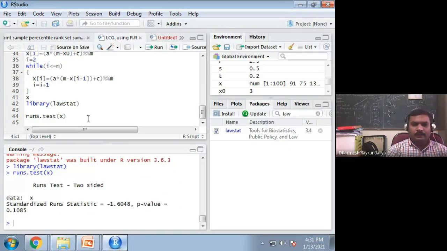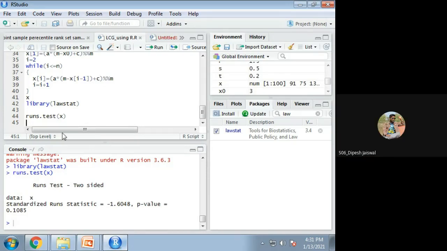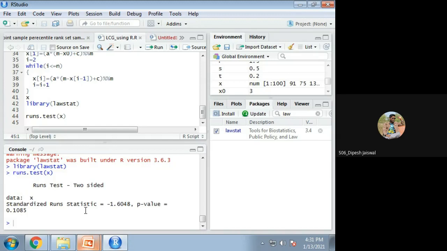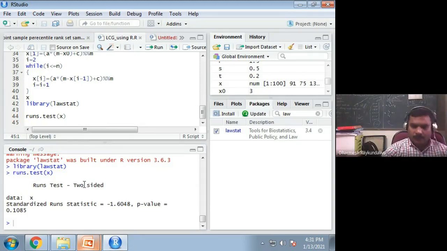Now it has performed the runs test. After successful installation of the necessary package, we can see that it has given the output of a runs test. This is a test of independence. The null hypothesis is that the data is independent of order.